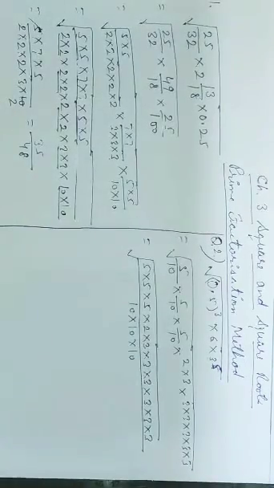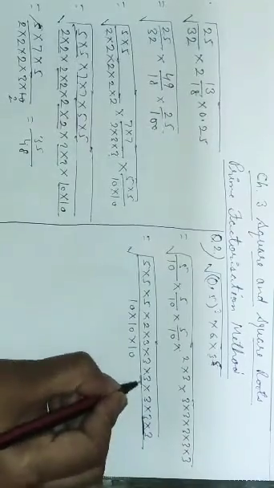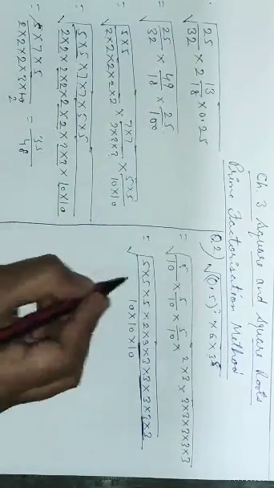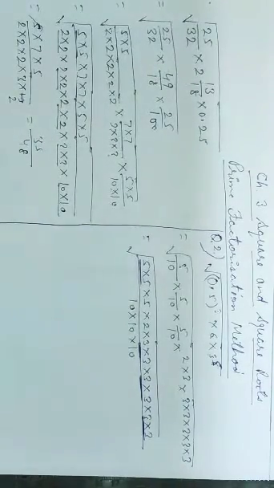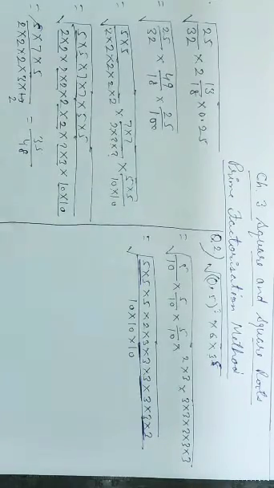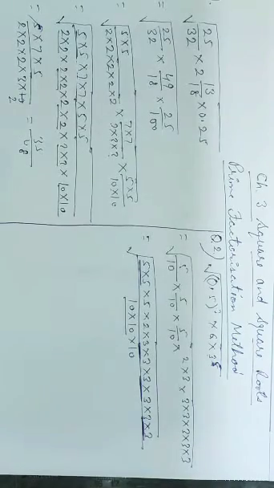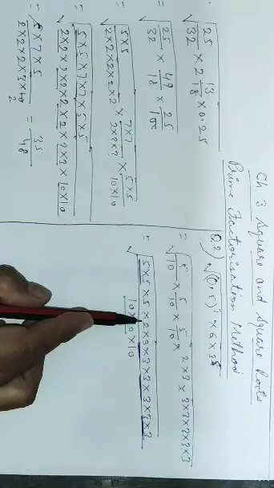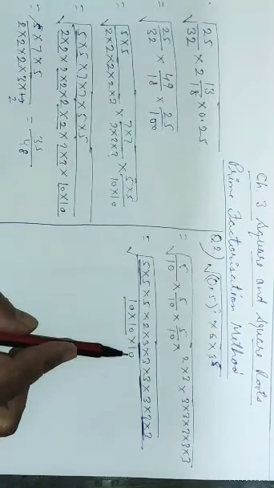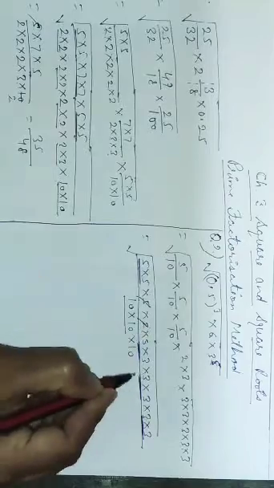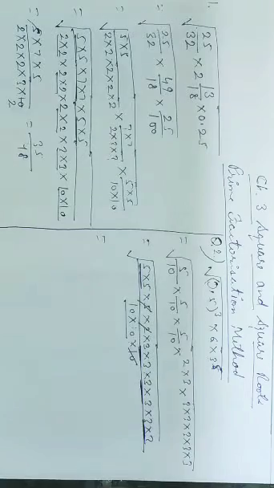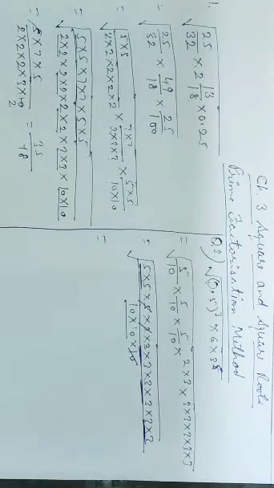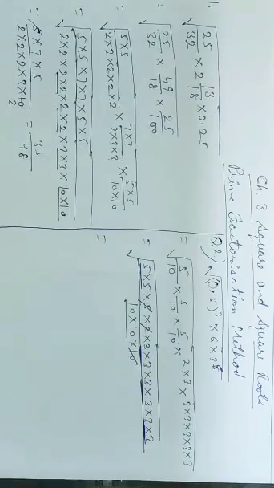Now I will try to arrange them in pairs. This is one pair, this is the second, this is the third, and this is the pair of 5. Now as you can see, two numbers, 5 and 2, cannot be arranged in pairs. In the denominator we have a pair of 10. Again we are left here with one 10 which cannot be arranged in pairs. Now, 5 into 2 is 10, and this is also 10. So we can cancel these numbers. So 5 into 2 is cancelled with this 10. So here we have seen that numbers which cannot be arranged in pairs can be cancelled together if they are in the numerator and denominator.